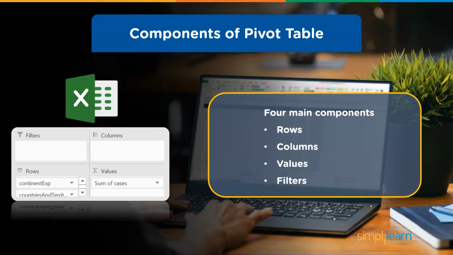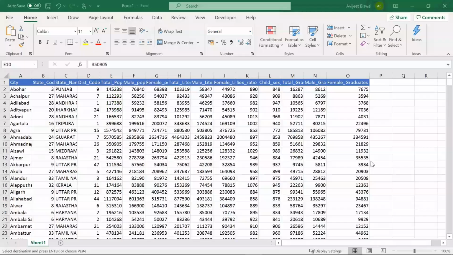So let's jump over to Microsoft Excel and let me show you the dataset that we will use in this demo. With India being ready for its 16th census in 2021, that is next year, it is a good time for us to analyze India's last census data from 2011 and see where different states and cities across India stood in terms of population, literacy, and other socio-economic factors. We will analyze this data by creating different pivot tables in Excel and explore some of its features.